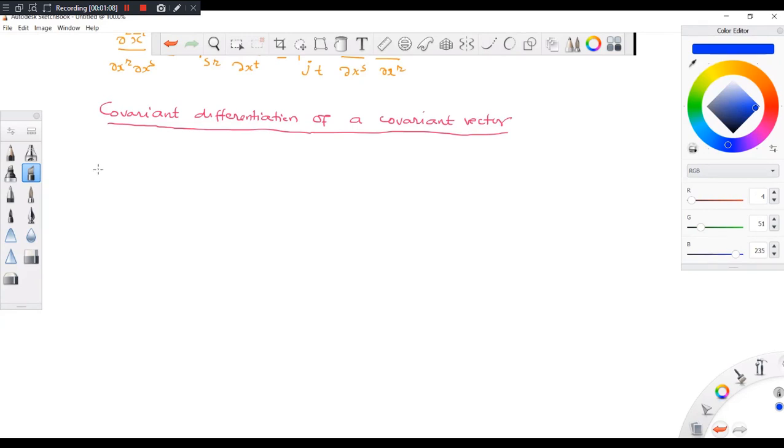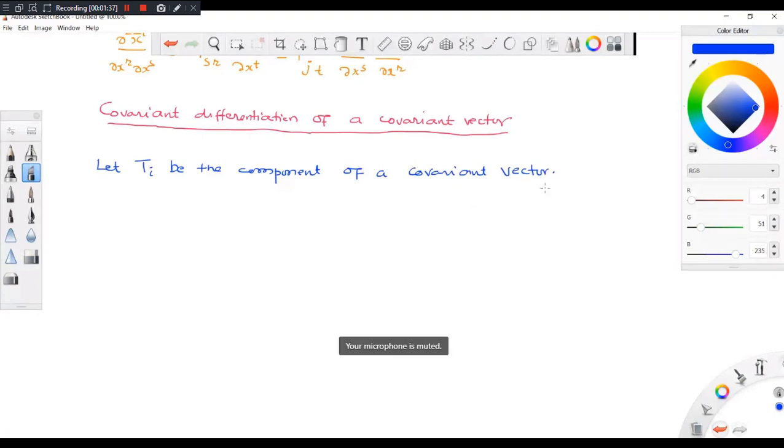Let Ti be the component of a covariant vector. Then its transformation formula is